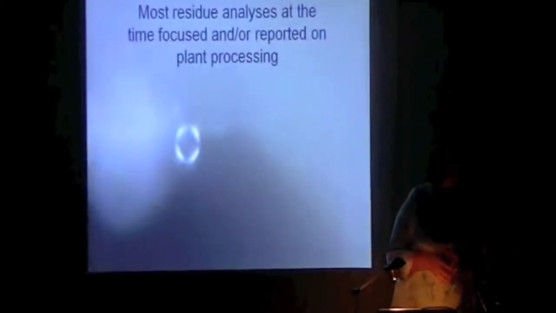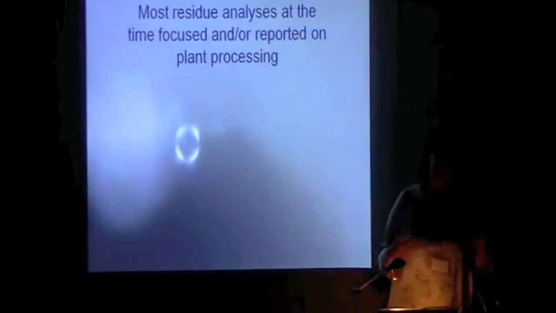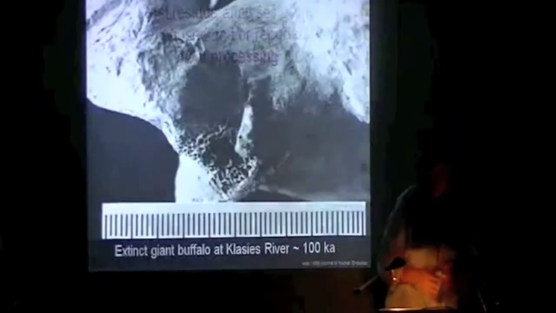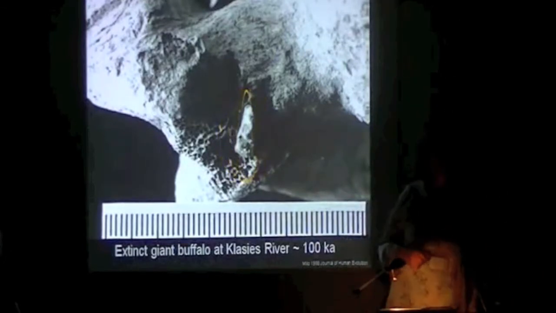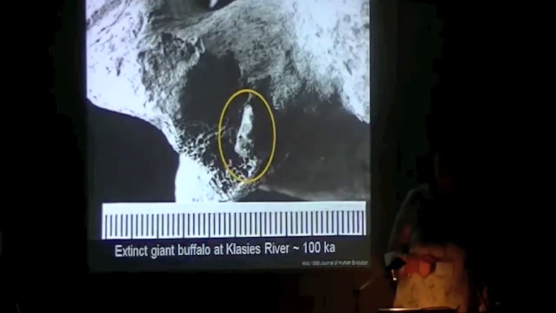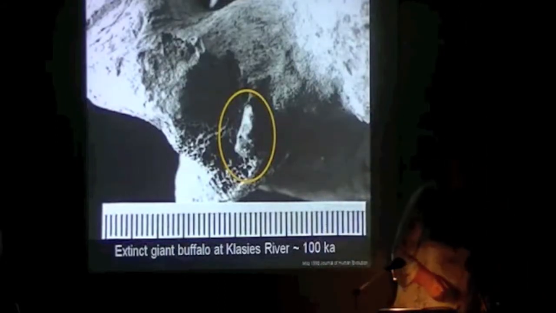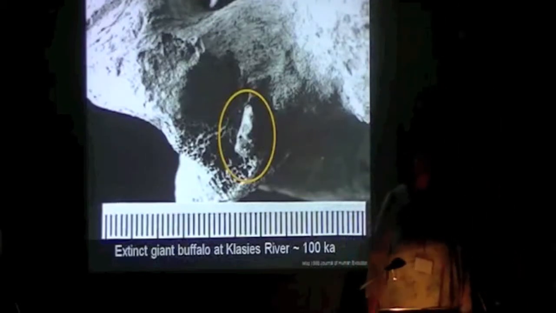At that time, most of the residue work was focused on plant residues and reported on plant residues. Somehow, however, this did not quite correlate with what we were seeing in the archaeological record. Here you can see a stone point embedded in the vertebra of an extinct giant buffalo,